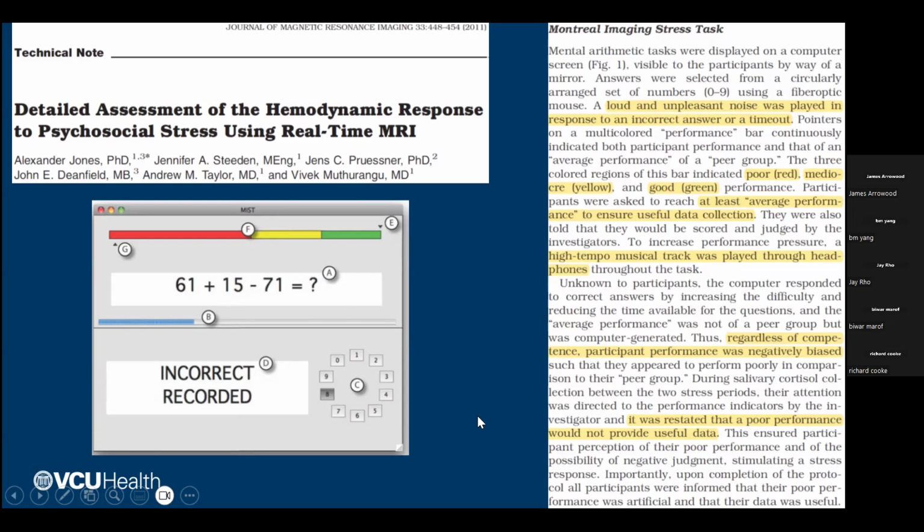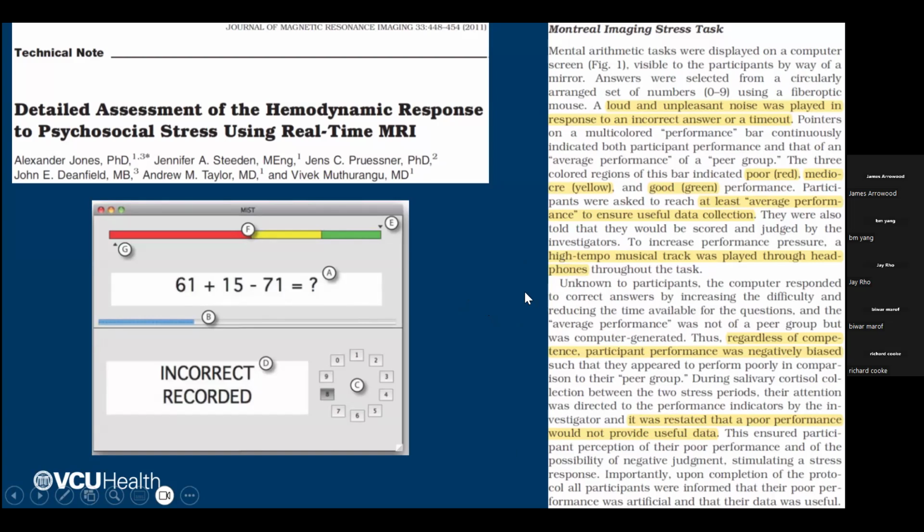The investigator team would come onto the speaker and say, hey, just a reminder, you have to do at least as well as your peer group. You're kind of slipping a little bit here. So it would get that mental anxiety going. The participant now knew that everybody in the room knew they were slipping into below peer levels, and would keep going with it. They would keep doing poorly, and then they would do an imaging